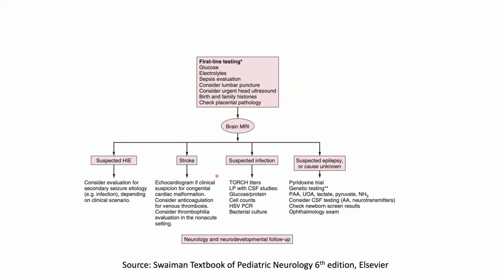When you suspect an infection, you have signs of infection on the brain, then you go for TORCH titers and lumbar puncture and the PCR-based molecular study along with cultures. When you do not have either of this on the MRI, then you go for metabolic testing, and ultimately genetic testing may be required for confirming the diagnosis. Or in the case of these channelopathies, which I discussed previously, genetic testing is the only test which will give you a positive diagnosis. All other investigations will generally turn out to be normal.